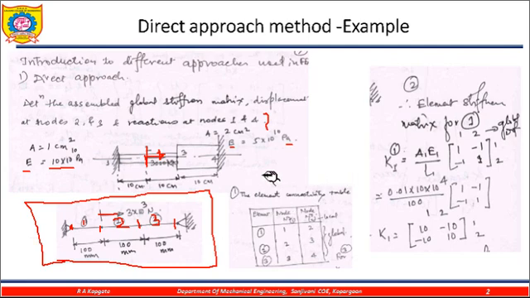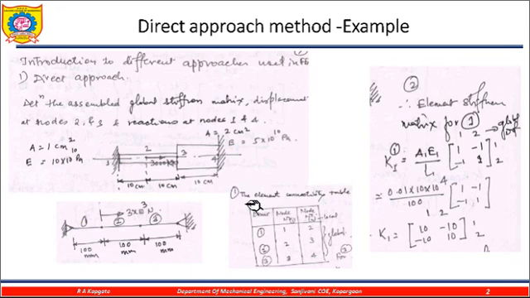Now the second step is finding the element stiffness matrix. We can also say this is the element connectivity matrix. This one is the node number and the end node number. So this is element 1, element 2, and element 3. The nodes are 1 to 2, 2 to 3, 3 to 4. Here these numbers are the local numbers, and these are the global numbers. The local coordinate system and the global coordinate system are different. We will explain later what is meant by the local and global coordinate systems.